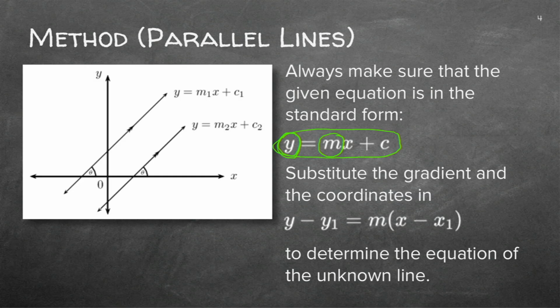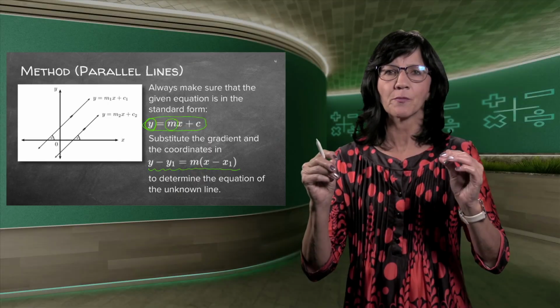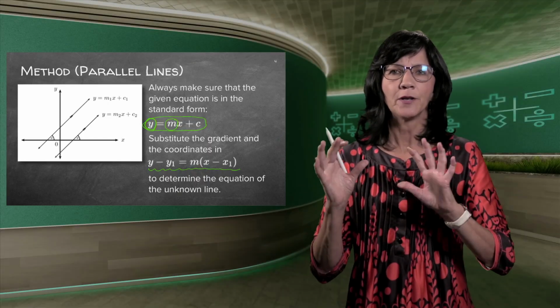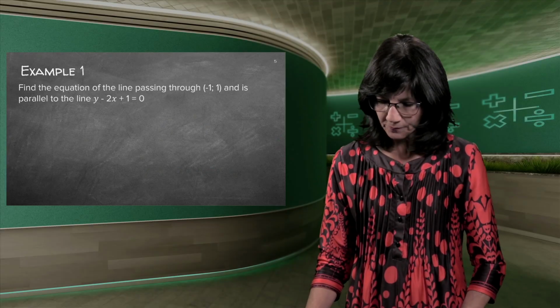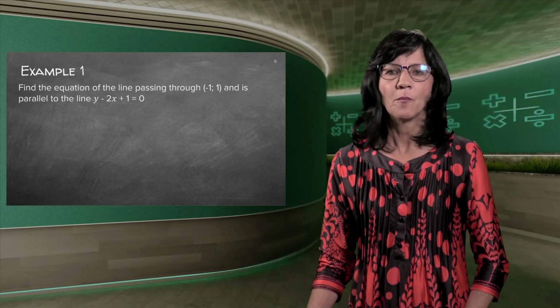And then, as we did in the previous lesson, the shortest way to get to a formula, if you've got one point and the gradient, is to use this formula. Can you remember this one? It comes from the gradient, y2 minus y1 over x2 minus x1, but we multiplied the fraction, and we don't have two different points, so it's just an x1 and a y1 and a normal x and y. So that is the formula we're going to use. Good. As usual, an example is the best way.